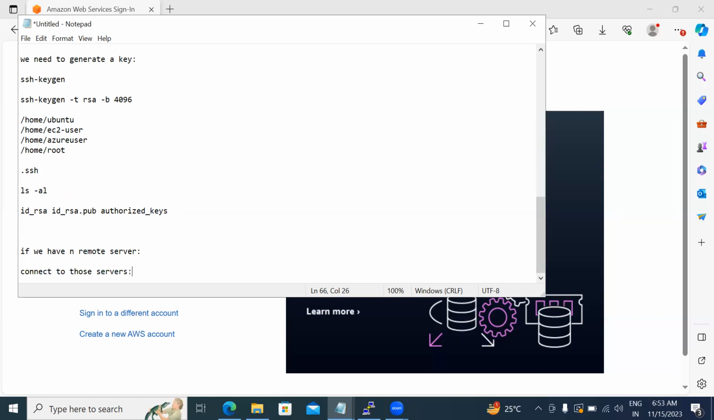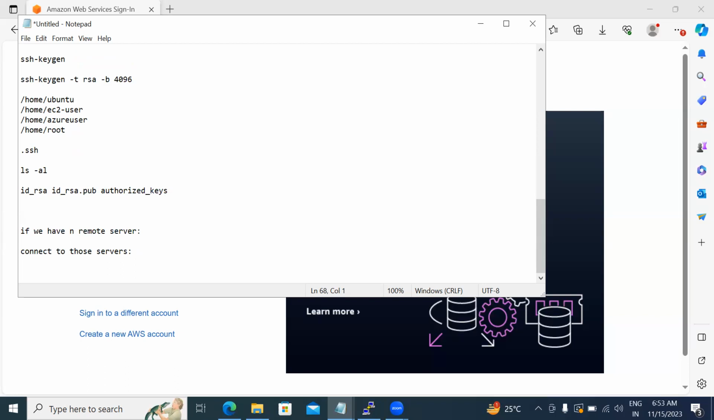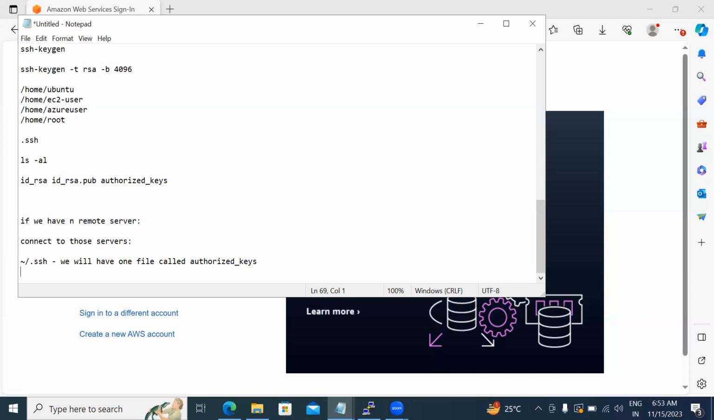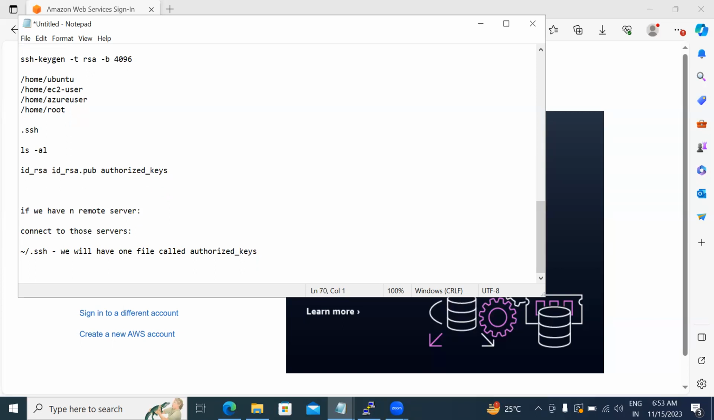To connect to those servers, what we need to do is, in your home directory, this is the shortcut symbol for home directory, ~/.ssh. We will have one file called authorized_keys. If you don't have authorized_keys, what you need to do is create the file. How can we create it? Using touch or vi kind of command, we can create the file and copy the content of